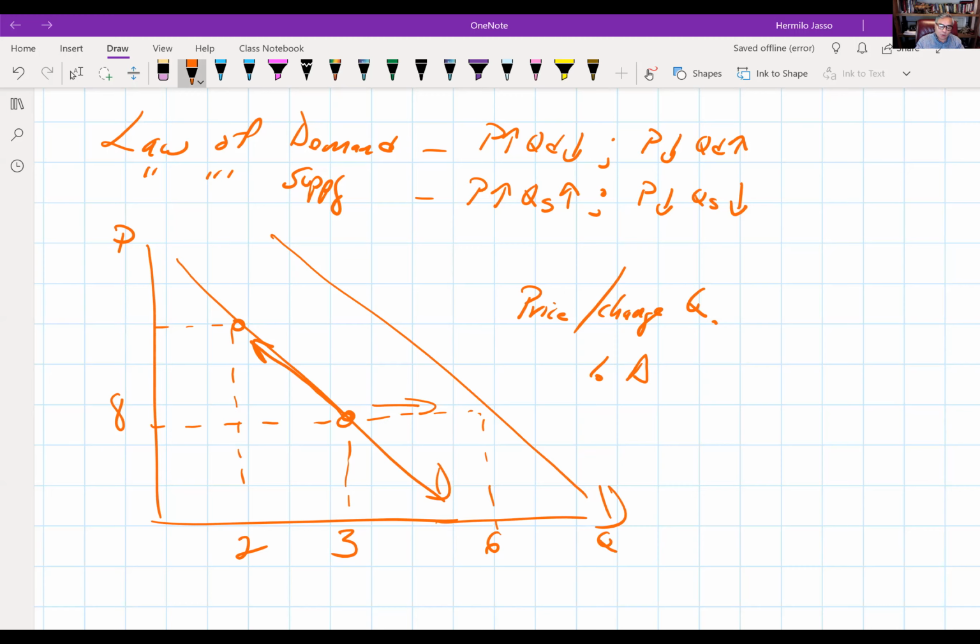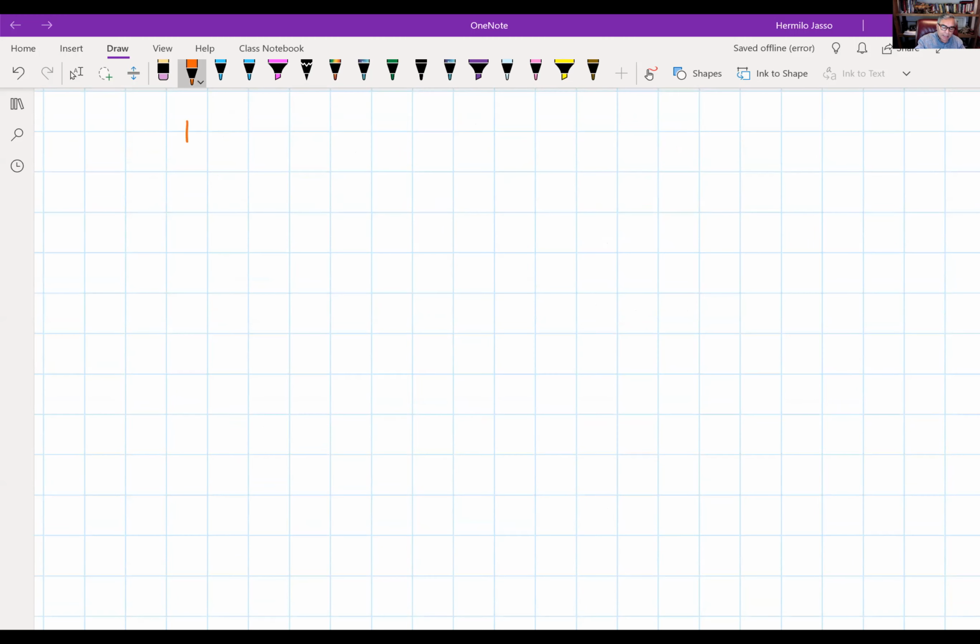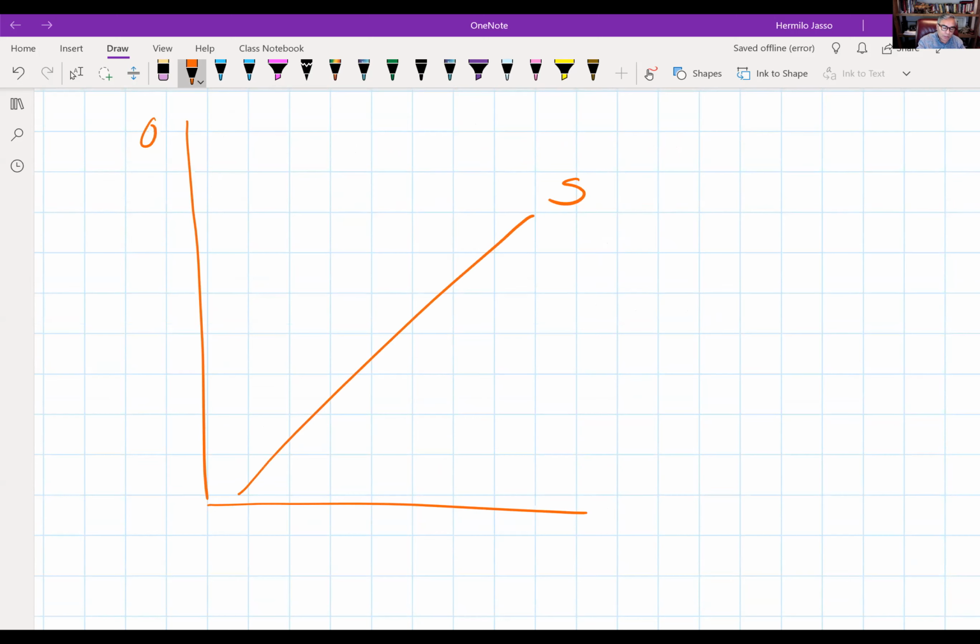Right? And then we discussed the law of supply, and the law of supply is an upward sloping curve. This is the producer, this is the price, and this is the quantity. If you only want to pay me $2, I'm only going to sell you 2 units, but if you give me 4, I'm willing to sell you 6, and if you give me 6, I'm willing to give you 8, and so on. So the higher the price, the more units I'm willing to sell you because I'm going to be making more money.